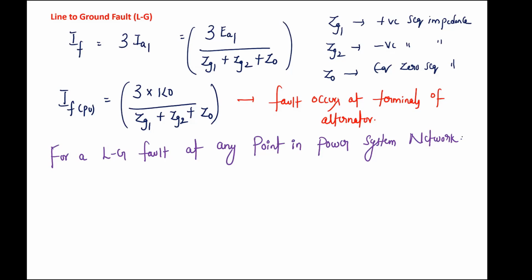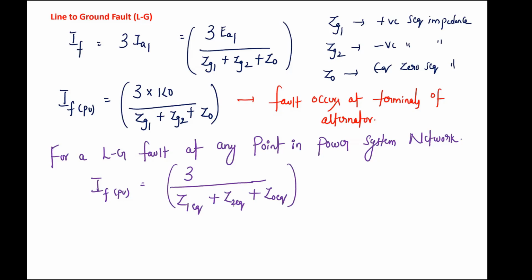It is very simple. You simply write IF per unit will become 3 times 1 at an angle 0, means 1 only, divided by Z1 equivalent plus Z2 equivalent plus Z0 equivalent,